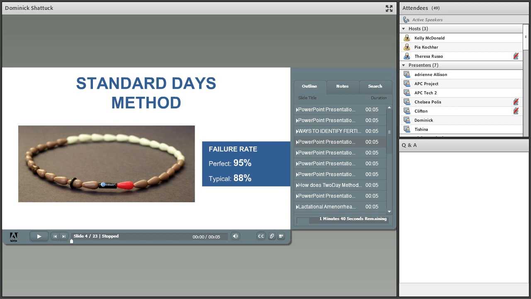We've seen that cervical secretions are a reliable indicator of fertility. This method is based on the presence of secretions to identify fertile days. The users of the 2-day method check themselves every day to see if they have cervical secretions or not. They need to know only if they have secretions or not. If they do not,